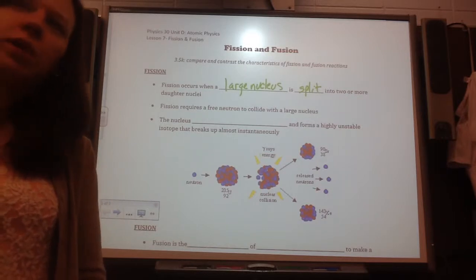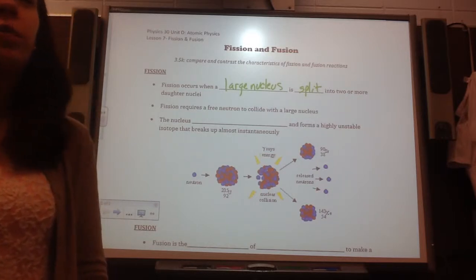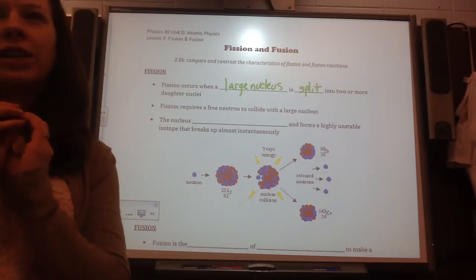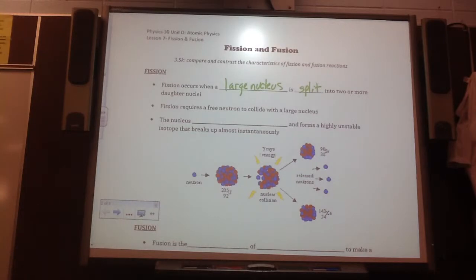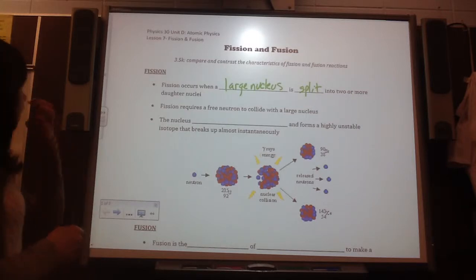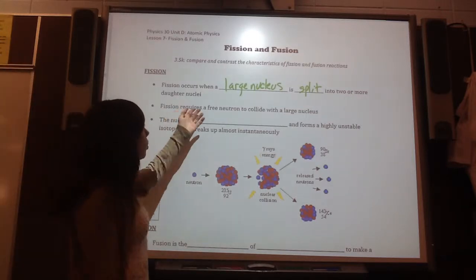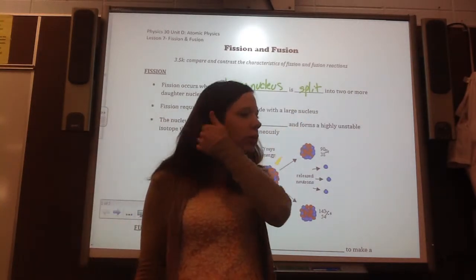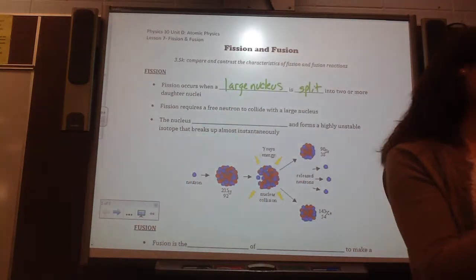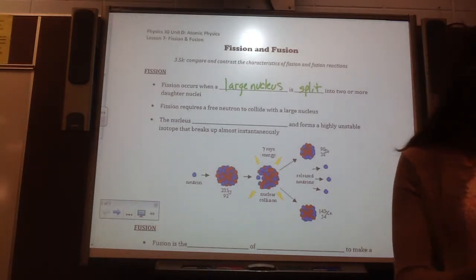it wouldn't really have been as economical to sit there and roll out 238 balls for neutrons and protons, right? So we just use nitrogen because it would be easier to make, but in reality, it only happens to large nuclei, okay? Nuclei, there's no such thing as nucleuses. So fission, as we saw, requires a free neutron to collide with the larger nucleus. So that's what's happening, the collision. When we drew the before and after, that neutron is coming in and hitting